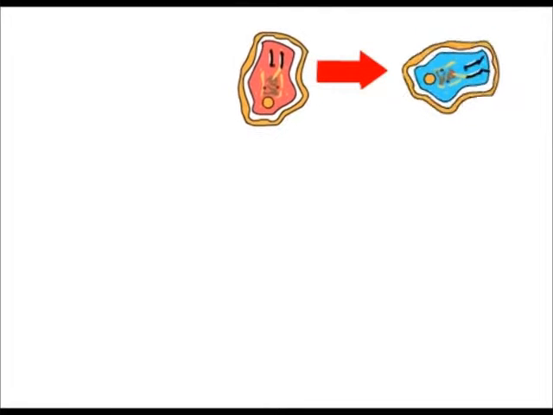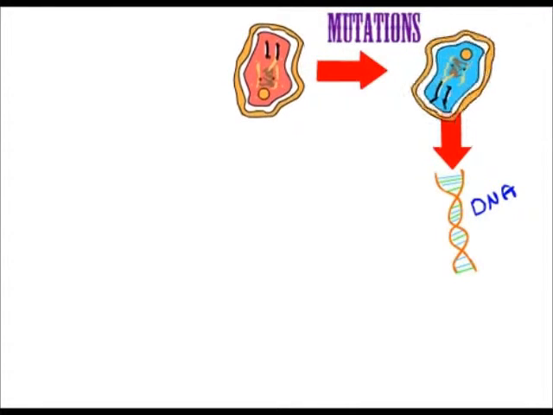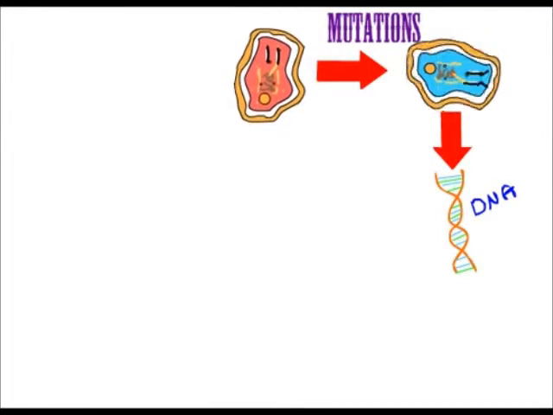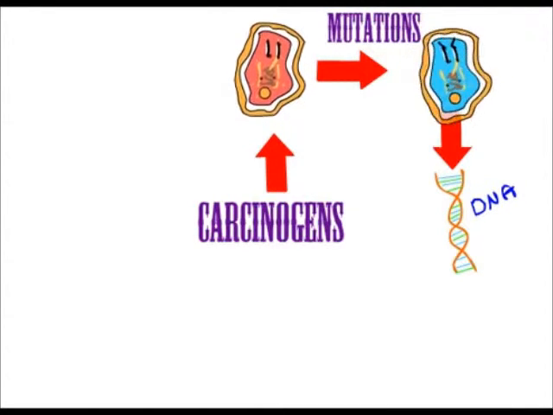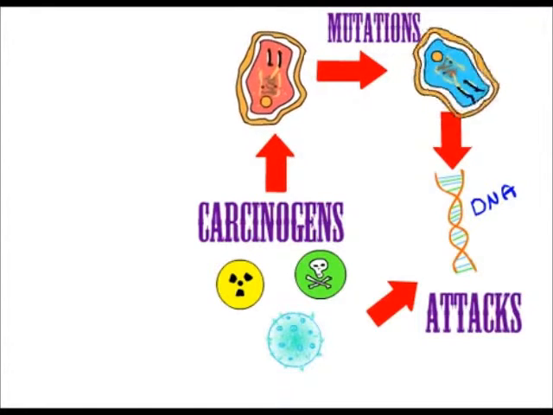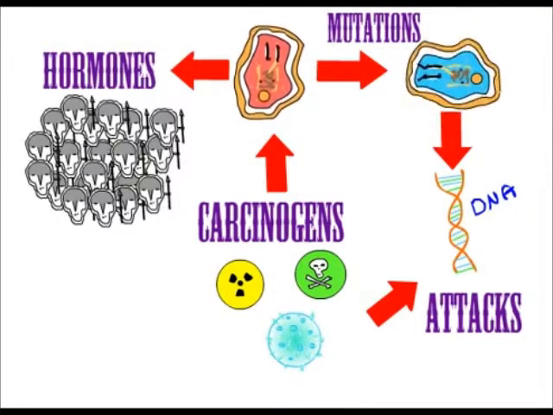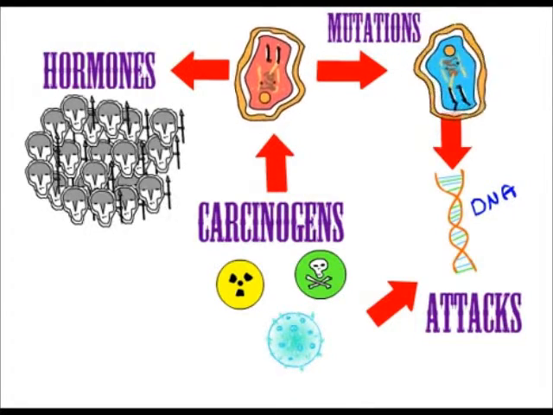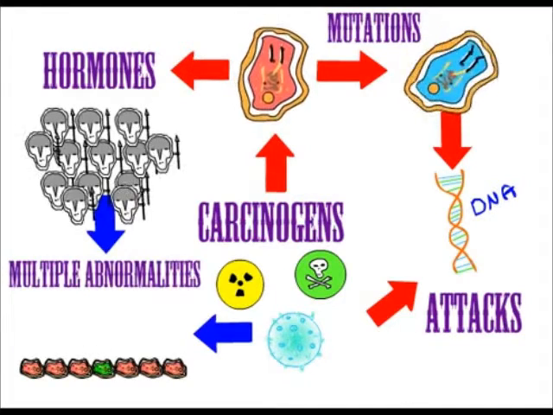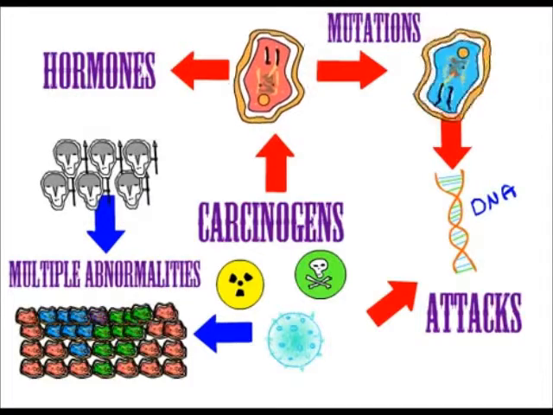The formation of these rebellious groups begins with a single cell, which starts to act abnormally due to changes or mutations in the DNA code that governs the functioning of the cell. These mutations are provoked by evil agents called carcinogens, which can come in the form of radiation, chemicals, and viruses which damage their DNA. Other carcinogens are hormones that help the cancer armies produce more troops. Most cancer armies develop as a consequence of multiple abnormalities in the cells that influence them to divide aggressively and spread.